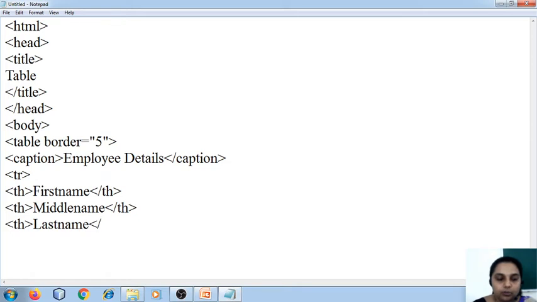Okay, so this is how we are going to create the header, and then I'm going to close the row tag because the first row is completed. My first row is completed.